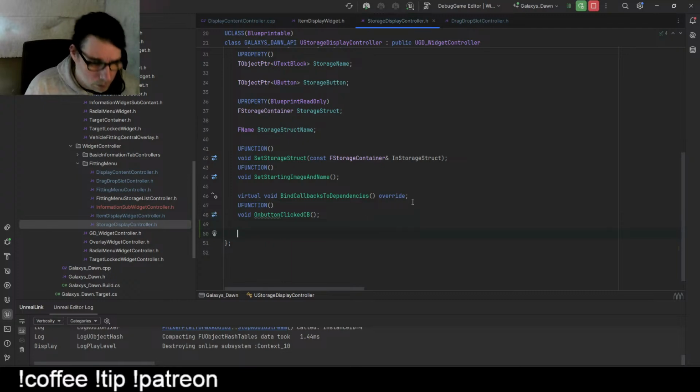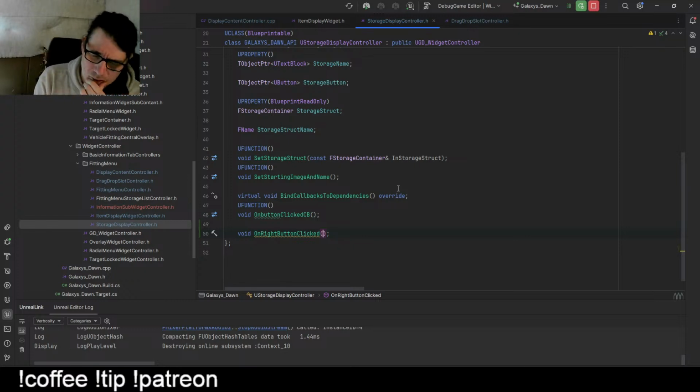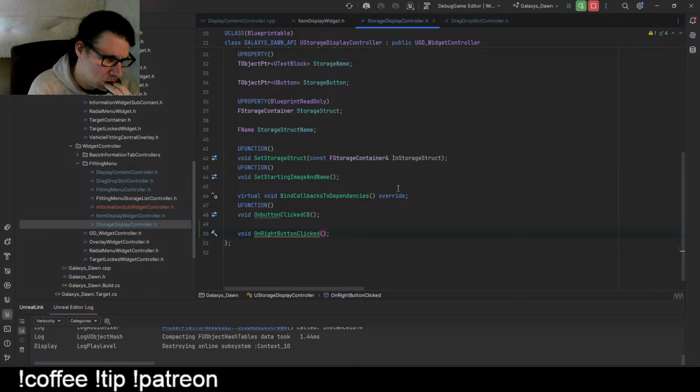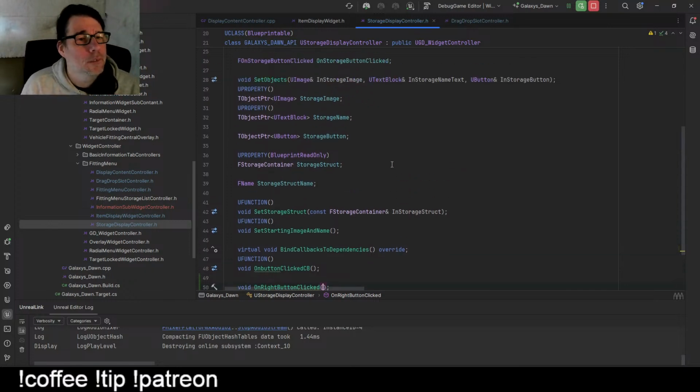So let's just do a void on right button click. Capital C there maybe. So what do we want to have in here? We want to have some information. Now this is actually just on the storage unit. We probably have all the information we need. We got the storage struct. We got the